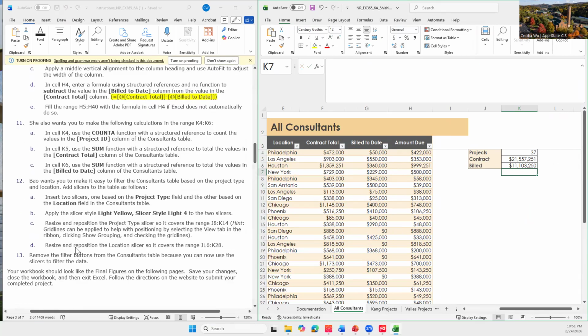And next, step number 12. The boss wants you to make it easier to filter the consultant table based on the project type and location. Add a slicer to the table as follows. Step number A, insert two slicers, one based on the project type field and the other based on the location in the consultant table. So what we can do is we first simply click any cell from this table and